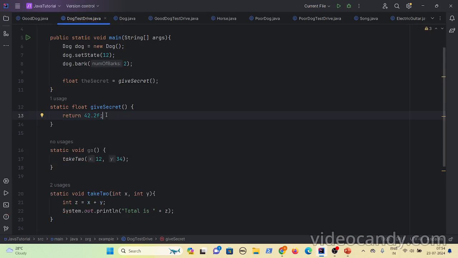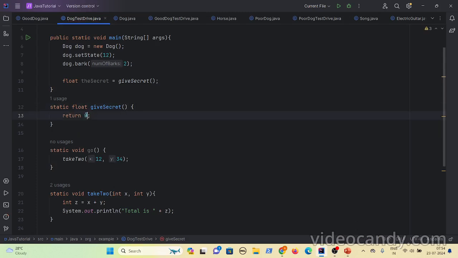Okay, two things. When you want a method to return something, first declare the type of the value it is returning, and the second thing is return that. If you don't return anything, it will throw an error. Let's see. It threw the error, missing return statement. Add a return statement. You should return something.